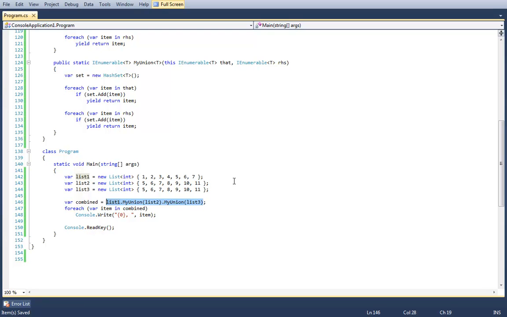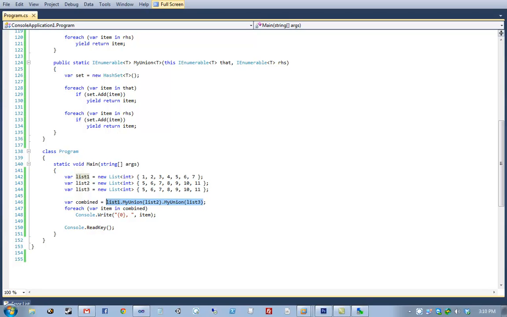Sorry, but he did just ask the question, which is, but isn't this inefficient requiring many hash sets? Well, yes. It does require many hash sets.